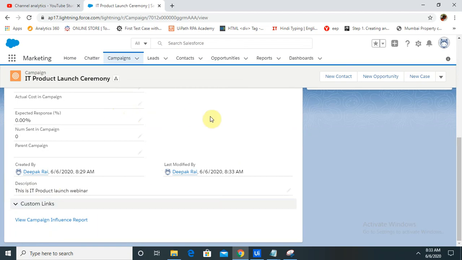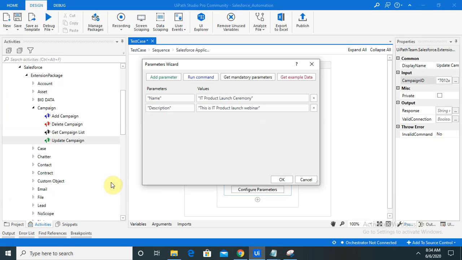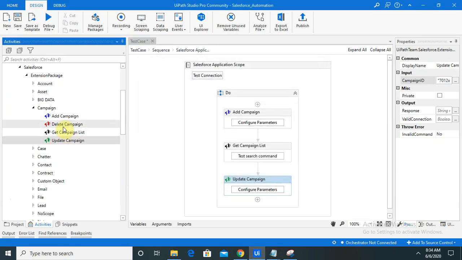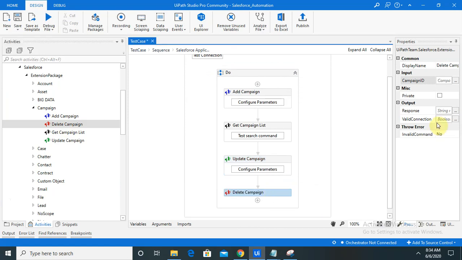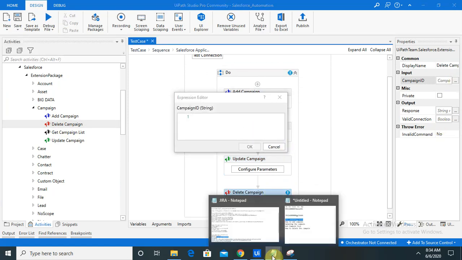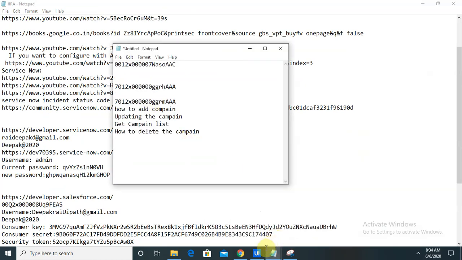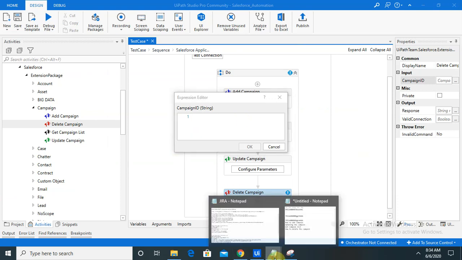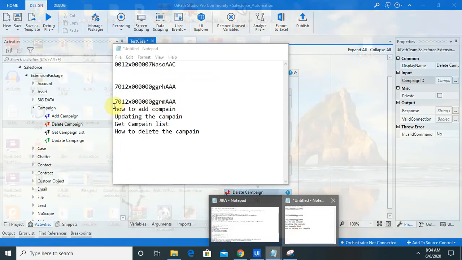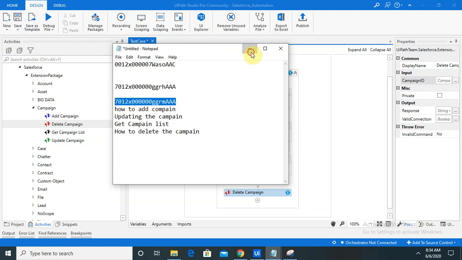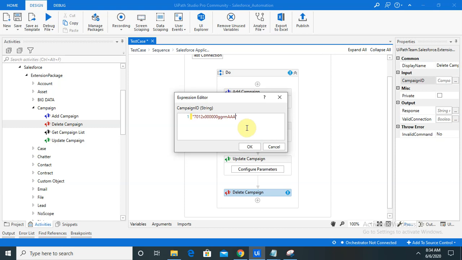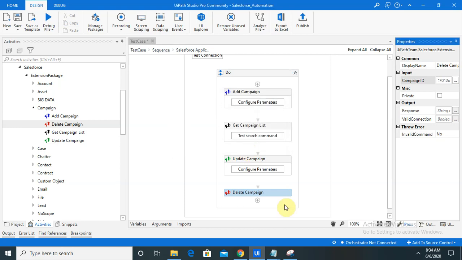By this way, you are able to create campaign, update the campaign, get campaign list, and next one, if you want to delete your campaign, just drag and drop this activity, mention your campaign ID here, whatever we have used, this, save this.